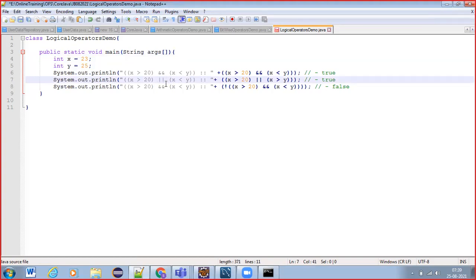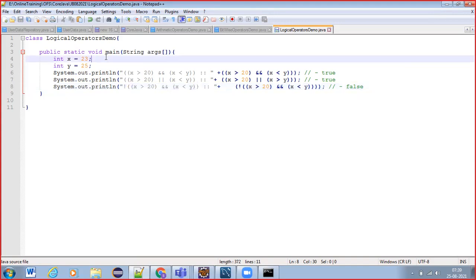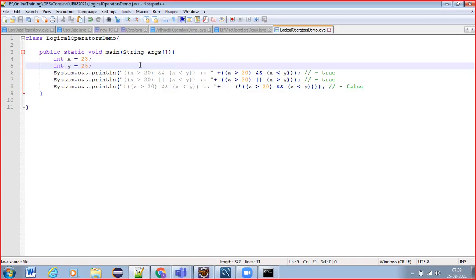X is greater than 20. Not. Okay. Save it.